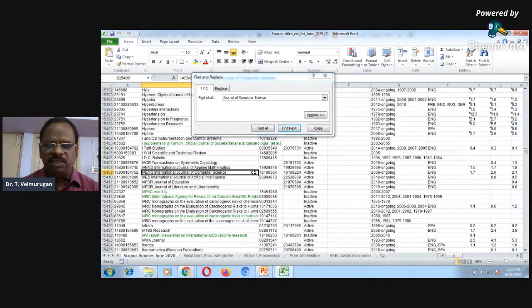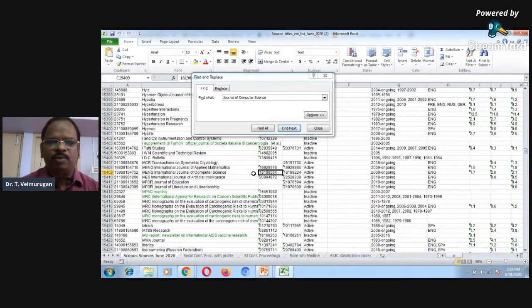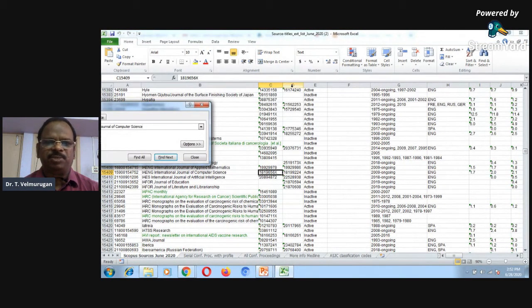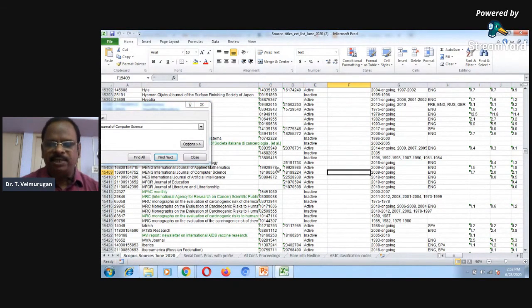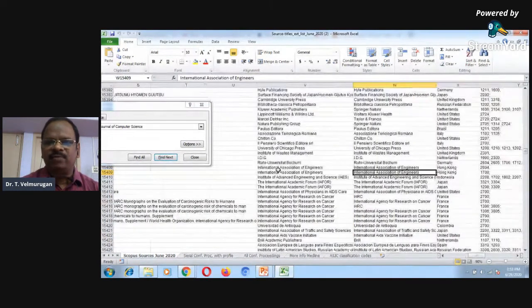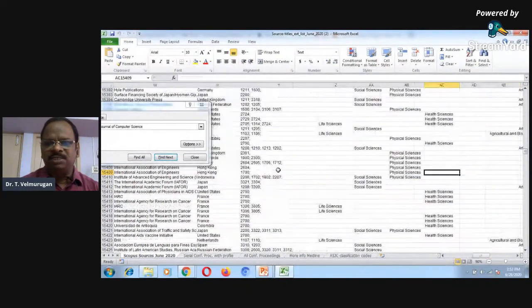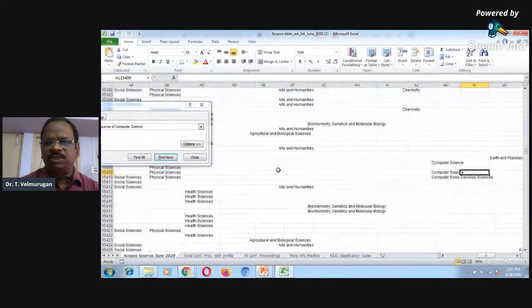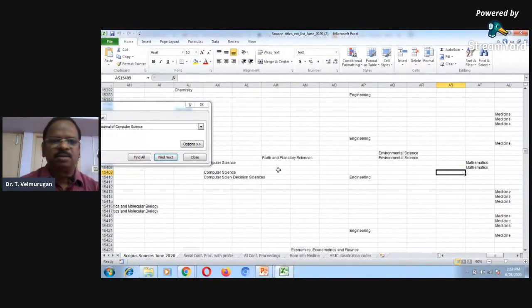You can find very easily whether it is active or inactive, and what the ISSN number is. Here you can see the print ISSN number and the online ISSN number. You can also see from which year the journal is available, the language accepted, the impact factor, and SNIP, source normalized impact per paper. Everything is available. The subject area, the country, Hong Kong, and the subject coverage, physical science and computer science, are some areas of the journals.